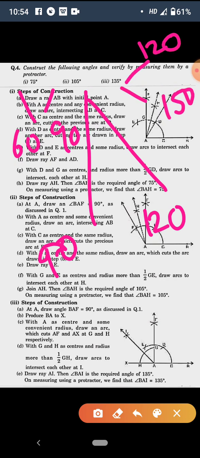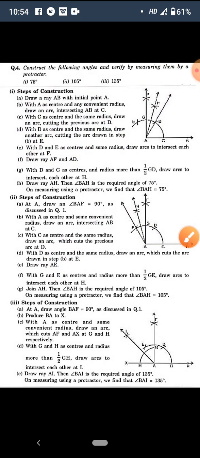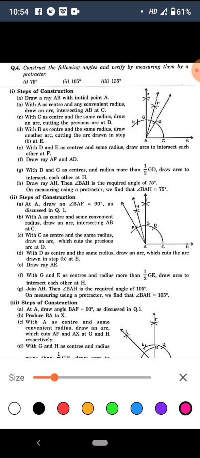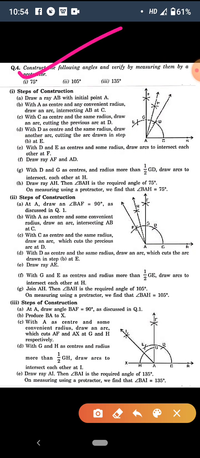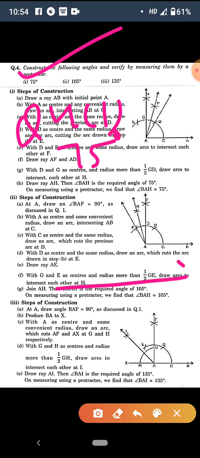This thing must be clear. Okay. That 75 is midway between 60 and 90, 105 is midway between 90 and 120, and 135 is midway between 120 and 150. So firstly, let us learn how to draw an angle of 90 degree. So this is your 75 degrees. So for doing question number 4, first part, what we have to do, we will firstly draw an angle of